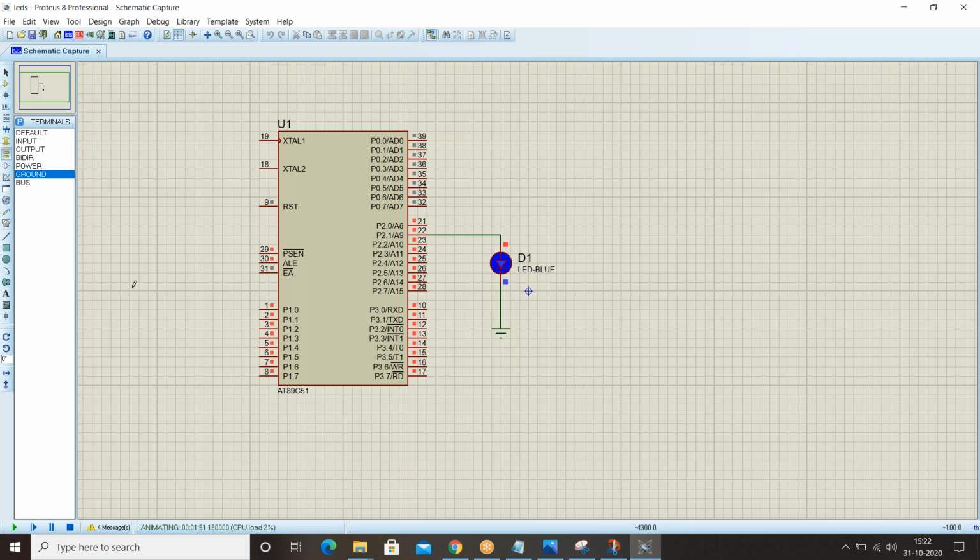So let me do one thing. The LED becomes on by the reason of the active high port. Let me make this LED off. This is our fundamental task. Let me make this LED off. So we have to write the code for LED off.